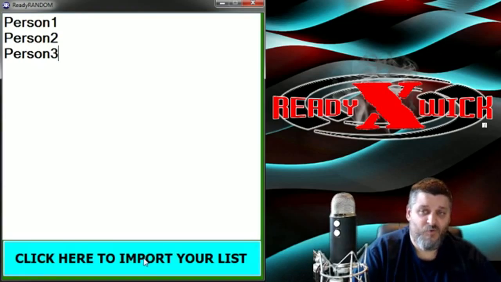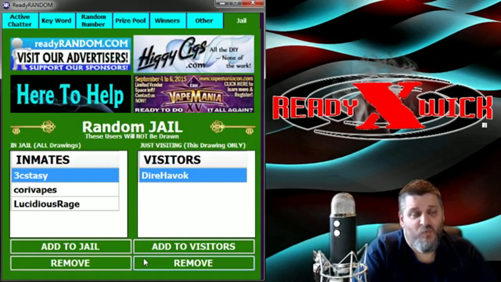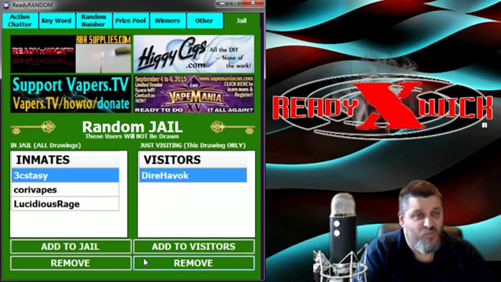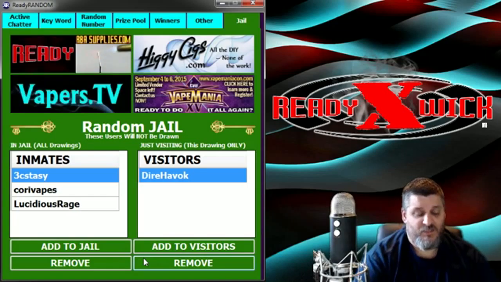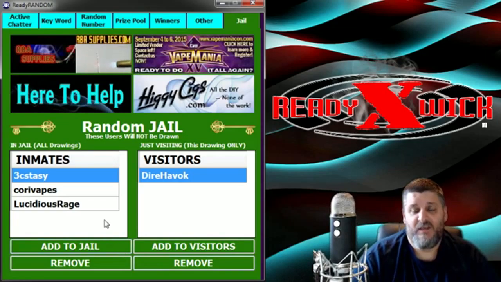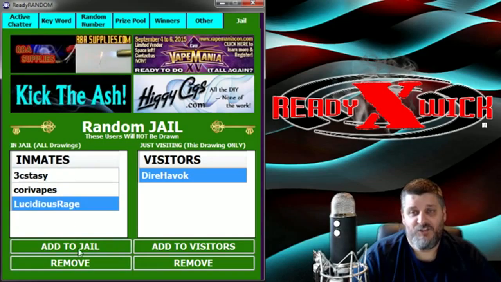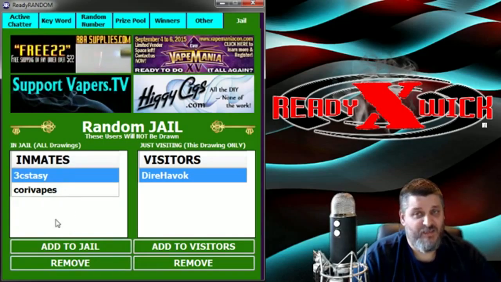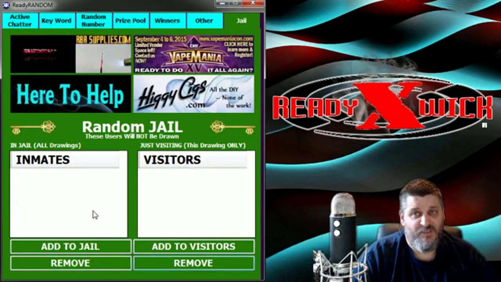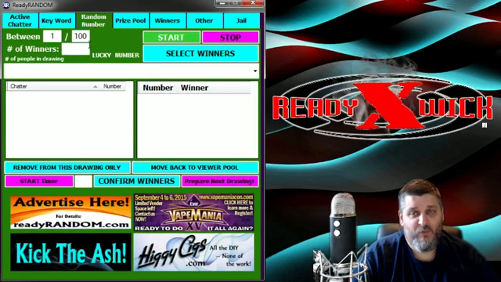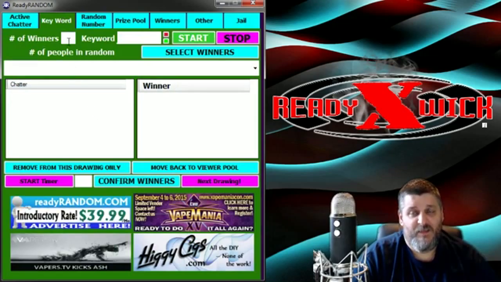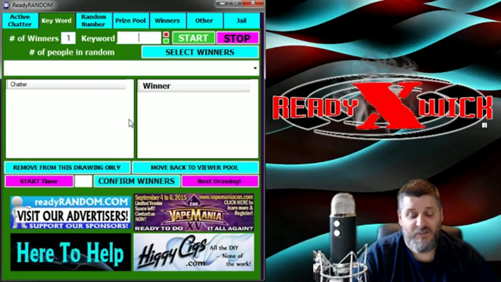When you click on import your list, person 1, person 2, and person 3 will not be able to win prizes. To give you an example of how that works, let's say that our jail was empty, just to show you that this feature or function does work, and the visitors was empty. Let's go over to a random or a keyword drawing, just as an example, and put in one winner and a keyword